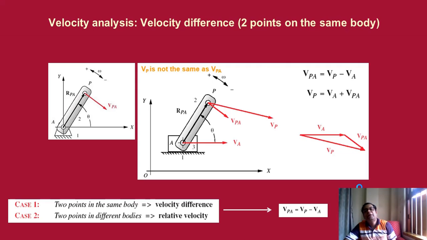Over here, as per the given figure, we know that VPA is equal to the velocity of P minus the velocity of A. So altogether we are getting 3 different vectors, which are indicated by 3 red colored arrows and having names VPA, VA and VP. By joining them, or making a distribution among themselves as per the vector rule, we get that VPA is the summation of the 2 vectors VP and VA.